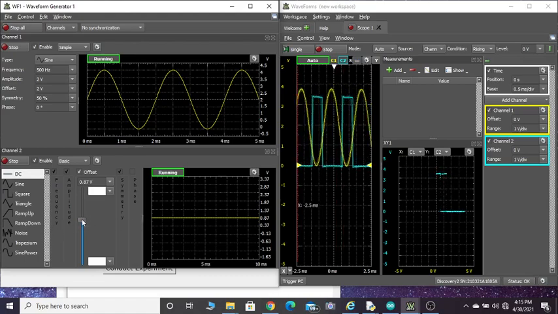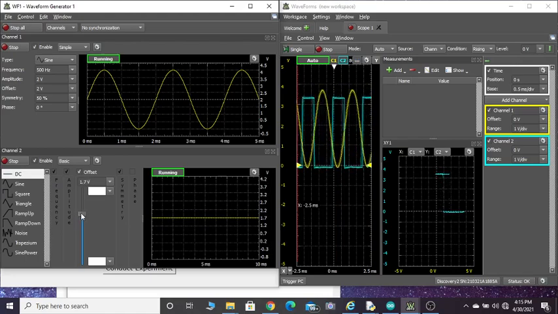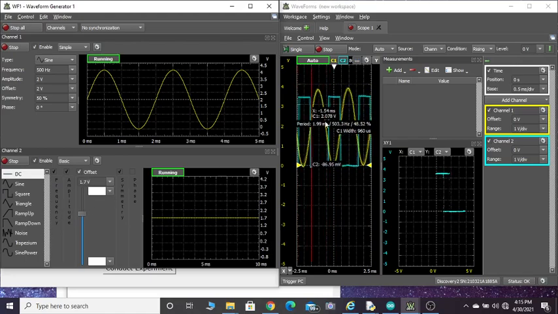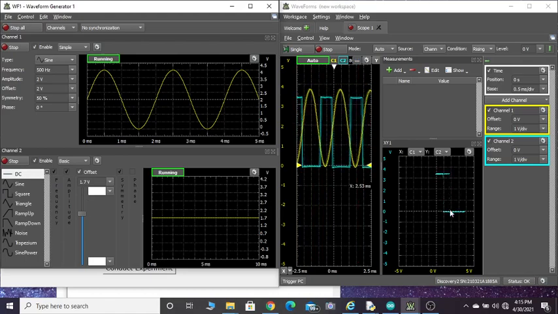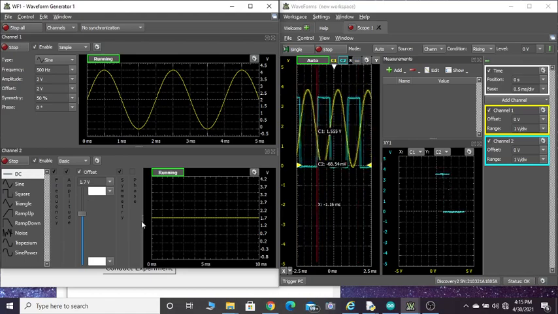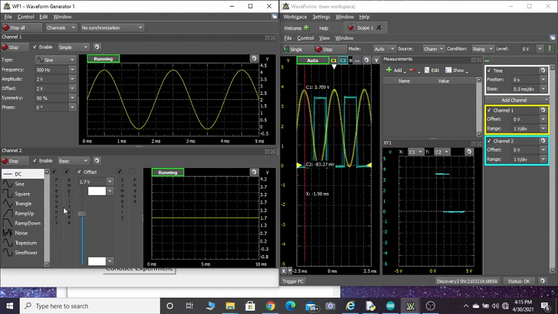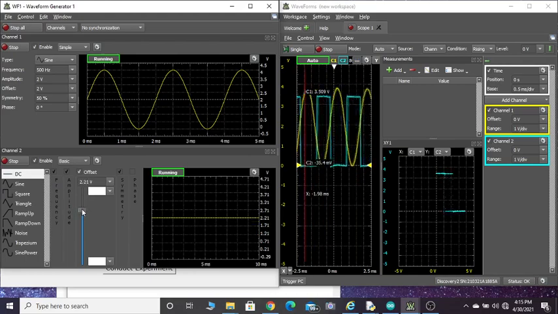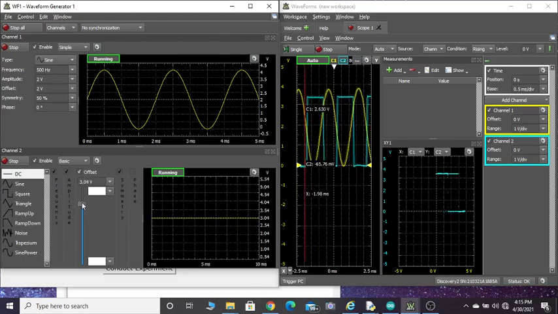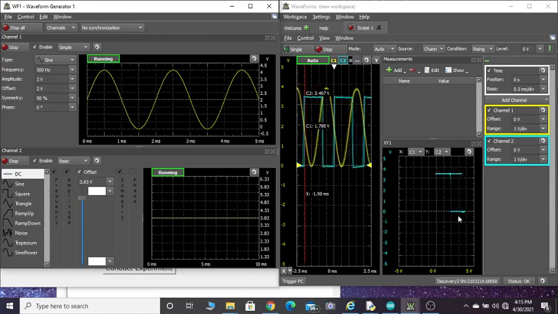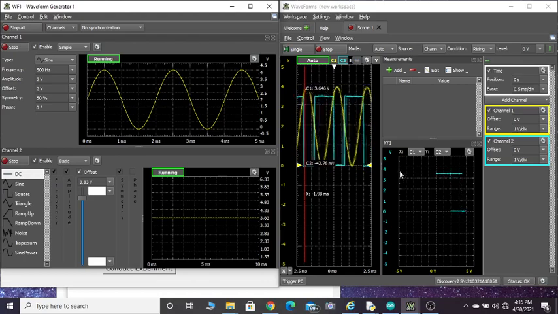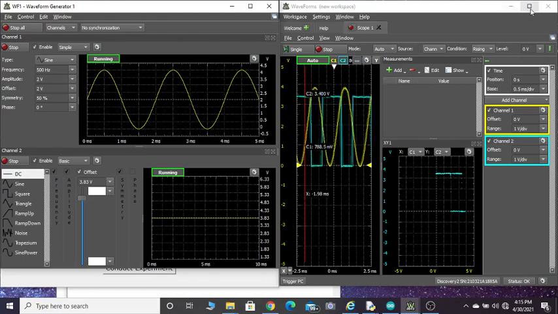If I increase this, of course we may not be able to make out that VTH and VTL so clearly here, but here this is so clear. Now VTH is almost 2 volt. Sorry, you can see almost 1.7. You can see now I can make this to a larger amplitude also. Here this is 3 point something, which you can certainly measure here also.